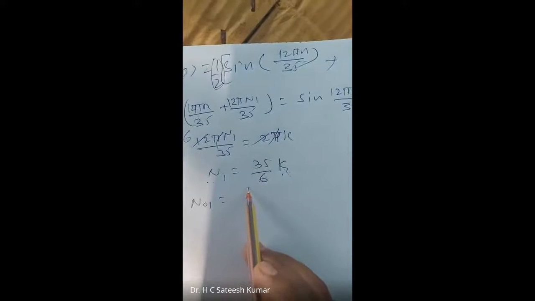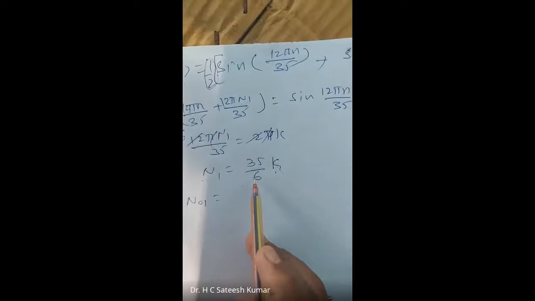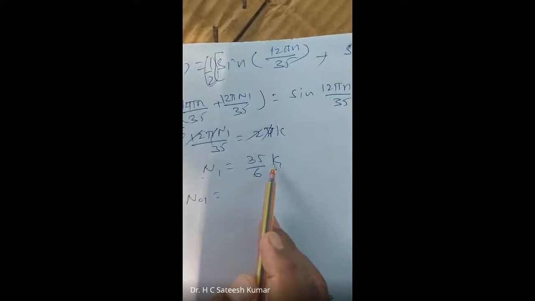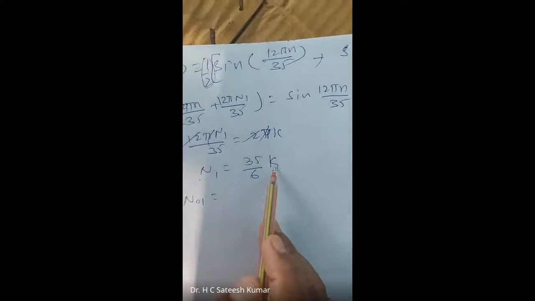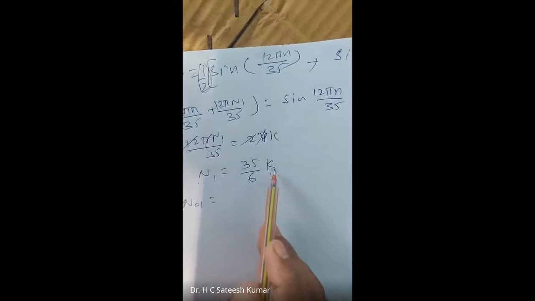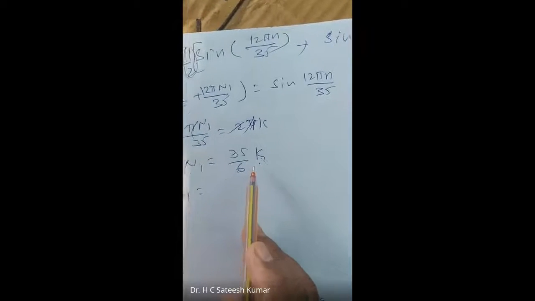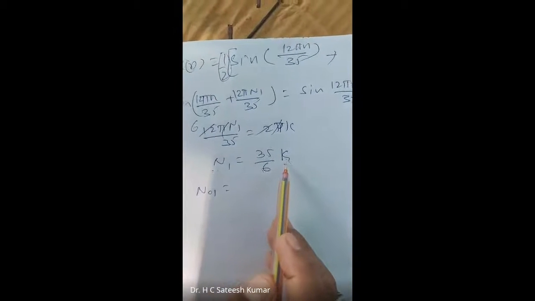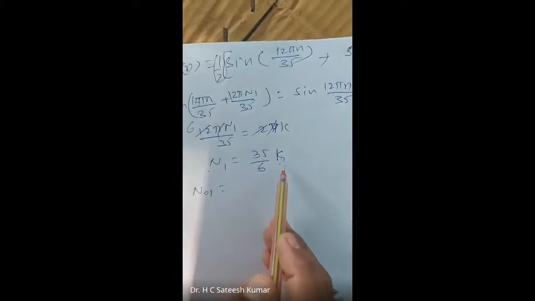12 is 2 times 35, so 70 is the period. So 70 is also a period, and 35 is also a period. When you take k is equal to 6, the 6 gets cancelled and the period becomes 35 here. When you take 12, it becomes 2 times, so 70 is the period for this. But for the least integer value of k, we will get the fundamental period. That means we should select the value of k as an integer, the least integer, and for the least integer value of k, we will get the fundamental period.